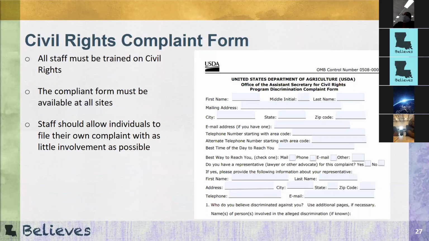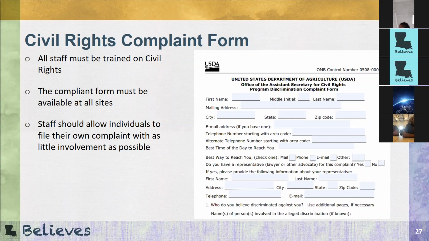Here is an example of the discrimination complaint form. It can be located at the web address or on the CNP website. The complaint form must be available at all sites participating in the child nutrition program. When an individual wants to report a discrimination complaint, child nutrition staff should have as little involvement as possible with